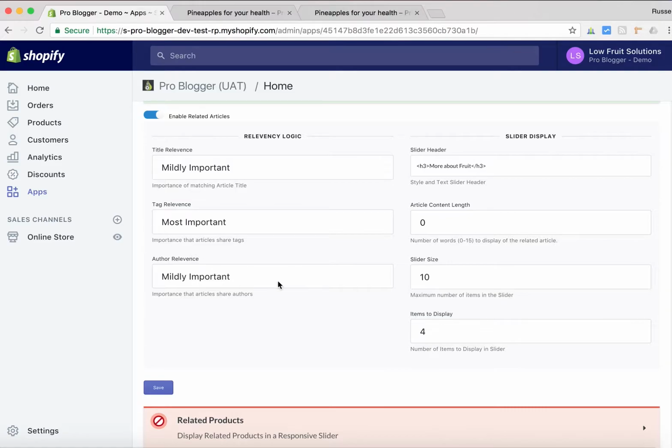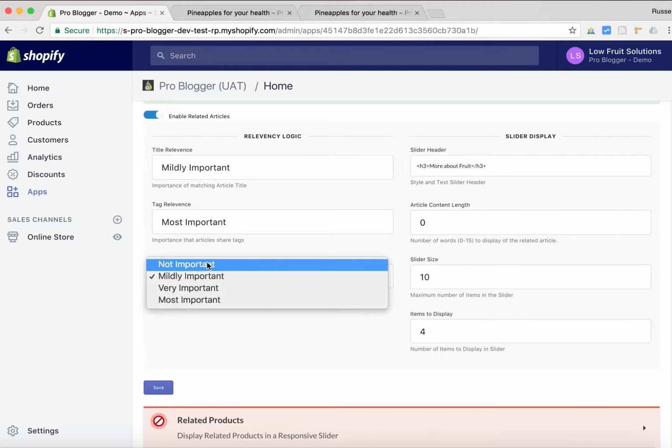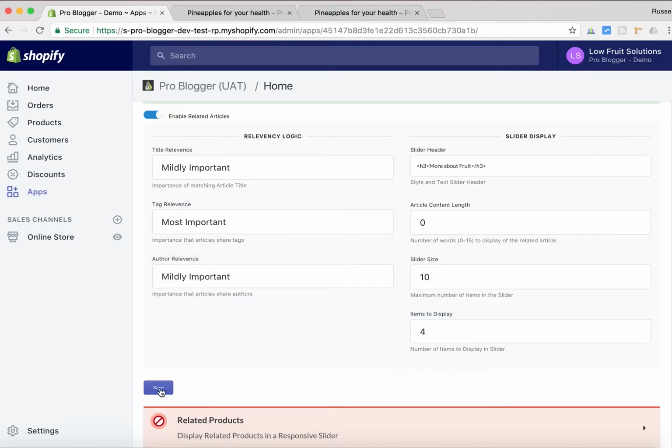And then we have author relevance. Now, if you have multiple authors and you have a specific guest author and you want their articles to show up to be most important, so that they show their own articles as opposed to other stuff, even though they may have wide-ranging subjects, then what you would say is that is the most important piece. In this case, we're saying it's mildly important because I think it's more relevant that you show